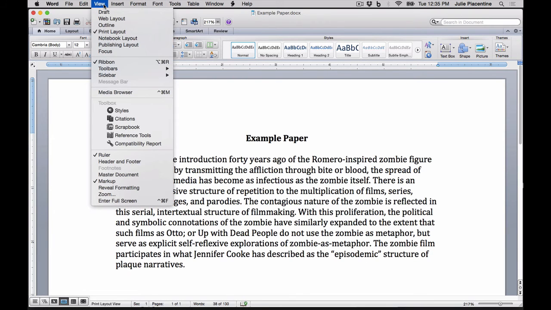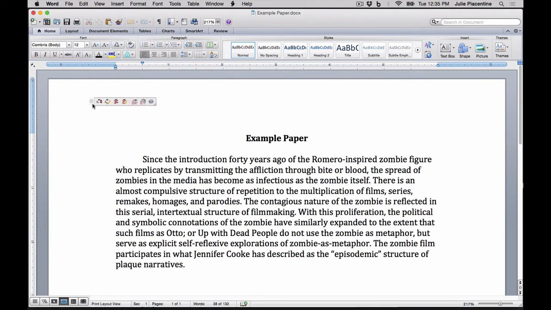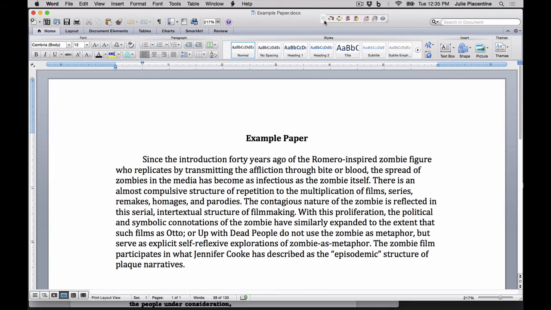Or you can choose to view the graphic Zotero toolbar. Under the View menu, Toolbars, you'll find Zotero Bibliographic Management. This opens a floating graphic menu, which you can move wherever you'd like it, and that functions just as the text menu does.